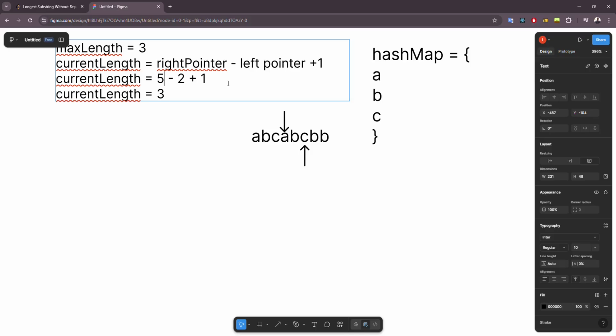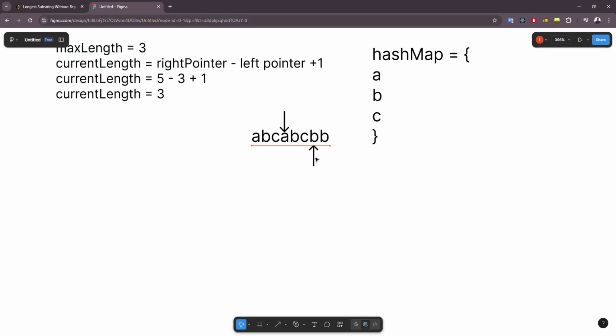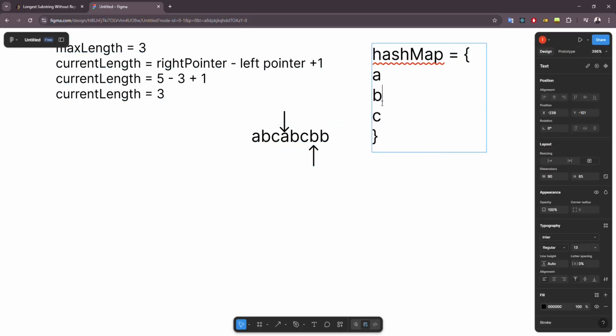So 3 right here, 5, so, and we don't need to change anything. So let's move our right pointer, it's b in our hash map, yes, let's move it